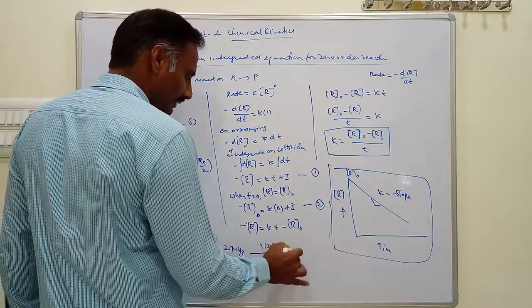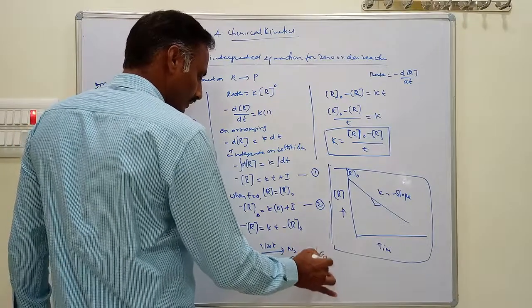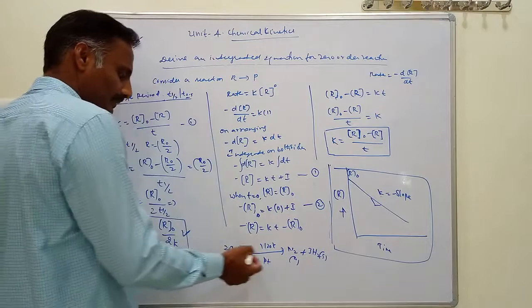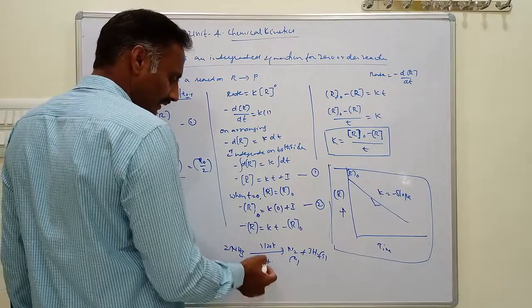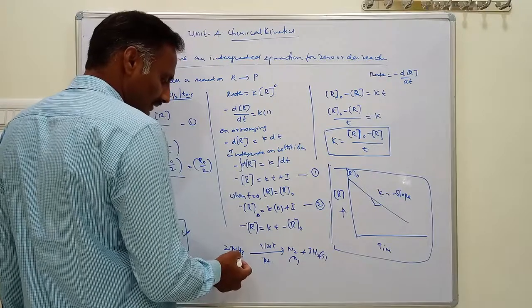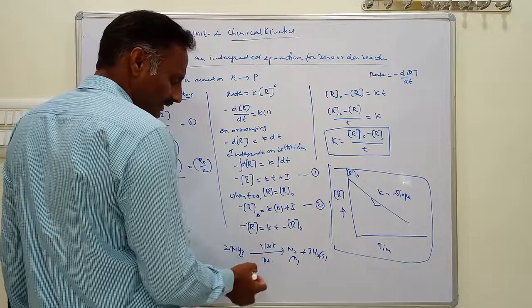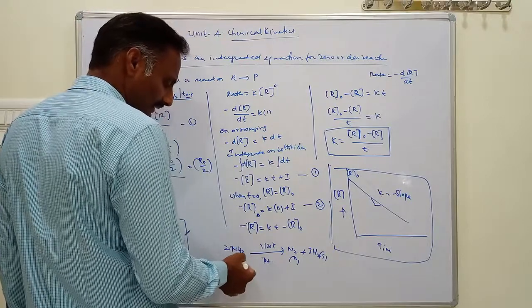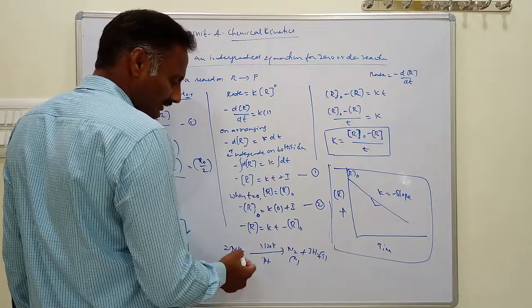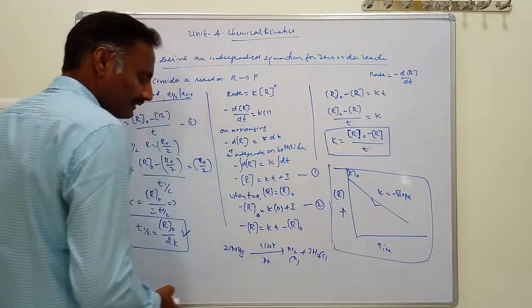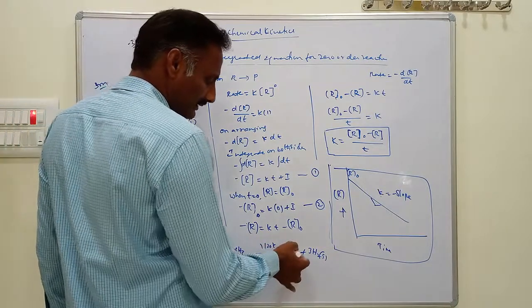You will get N2 gas and also 3H2 gas. Under high pressure, platinum acts as a catalyst for this reaction. Gaseous ammonia molecules are saturated on the surface of platinum. That's why by further increasing pressure, there is no change in the rate of reaction. That's why this is a zero order reaction. The decomposition of ammonia on platinum surface at high temperature and high pressure is an example of a zero order reaction.